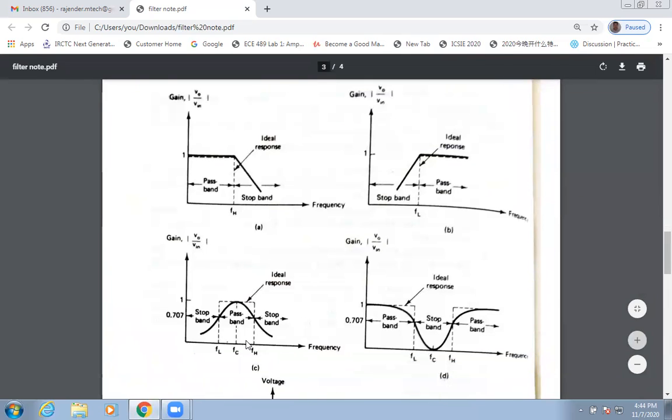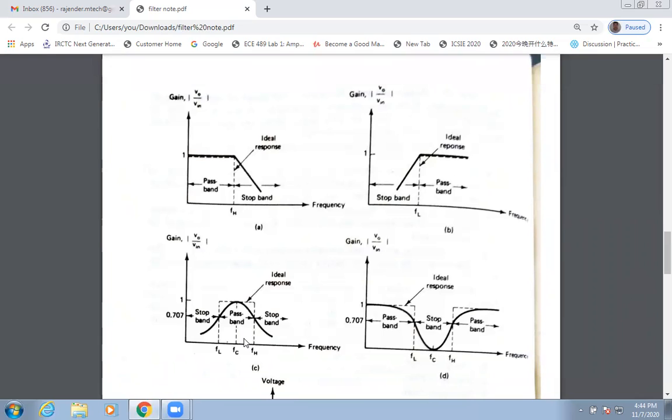Next is the frequency response of the band pass filter, in which up to a certain frequency, which is known as the low cutoff frequency, the gain stops increasing, and after that the gain increases up to a certain frequency, which is known as the cutoff frequency, where the gain attains its highest value, and after that the gain starts to decrease, and after the frequency fh, which is known as the high cutoff frequency, the gain decreases